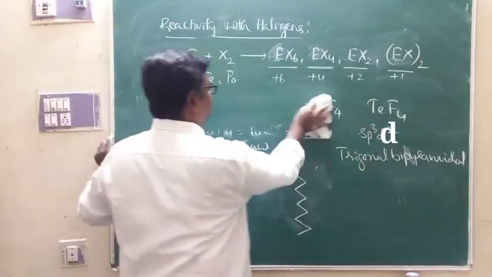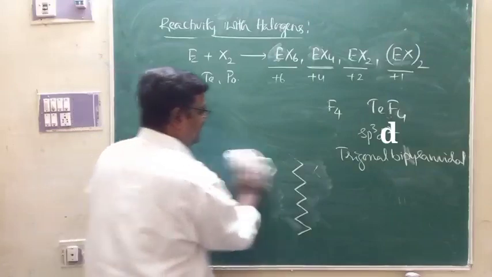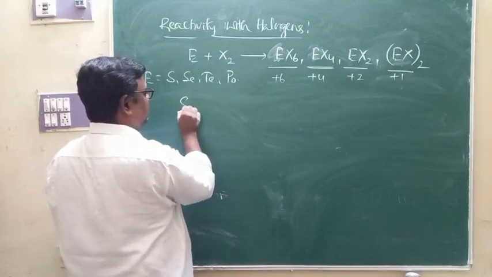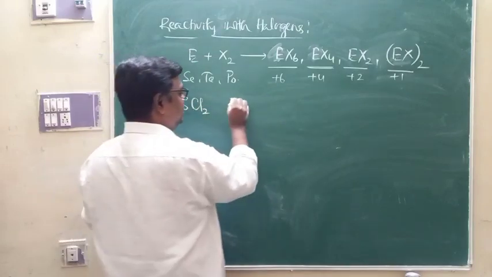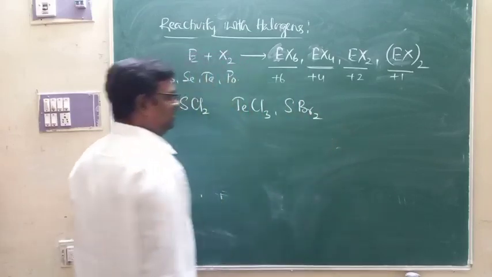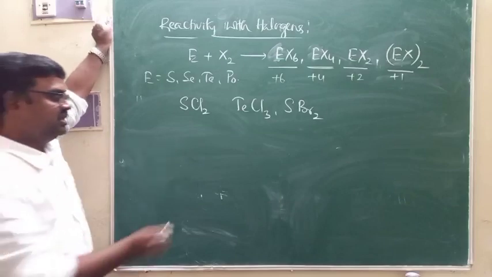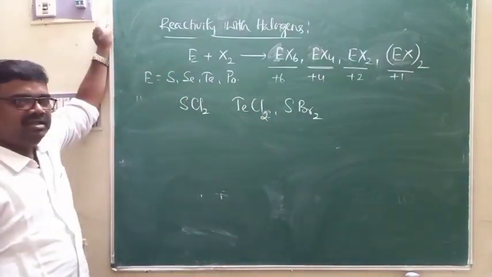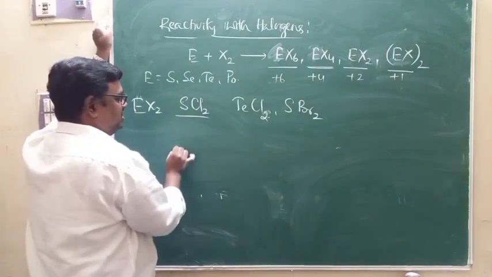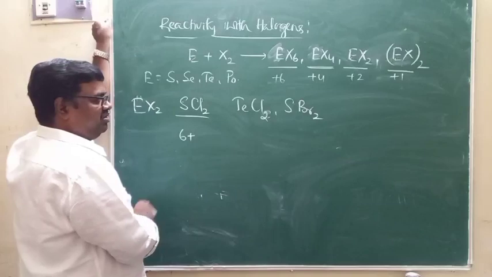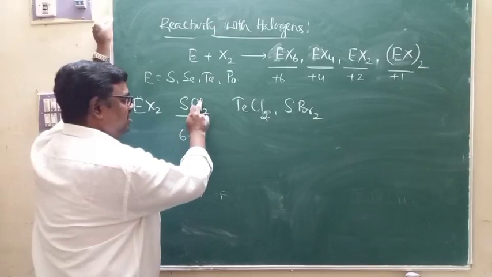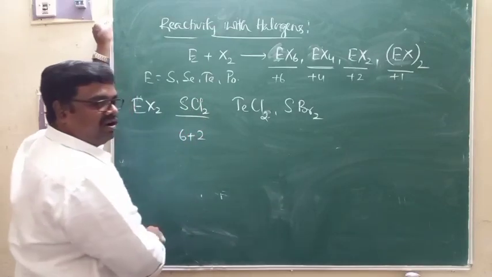Apart from that, we have dihalides also, right? We have dihalides, and except selenium, remaining will form dichlorides, dibromides. This is dihalides, EX2 type. ಈ ಡೈಹಲೈಡ್ಸ್ ಅಲ್ಲಿ ನೋಡಿ, ಸೆಂಟ್ರಲ್ ಆಟಮ್ ವಿಲ್ ಕಾಂಟ್ರಿಬ್ಯೂಟ್ 6 electrons. ಸಲ್ಫರ್ ಆಗಲಿ, ಟೆಲೂರಿಯಂ ಆಗಲಿ, ಸೆಲೆನಿಯಂ ಆಗಲಿ, ಓಕೆನಾ, 6 electrons ಕೊಡುತ್ತೆ. ಕ್ಲೋರಿನ್ 2 electrons ಅನ್ನ ಕೊಡುತ್ತೆ. 2 ಕ್ಲೋರಿನ್ ಆಟಮ್ಸ್ 2 electrons ಕೊಡುತ್ತೆ.